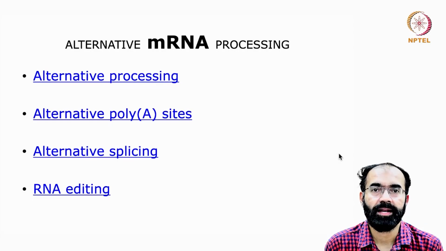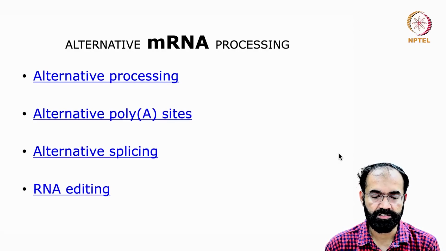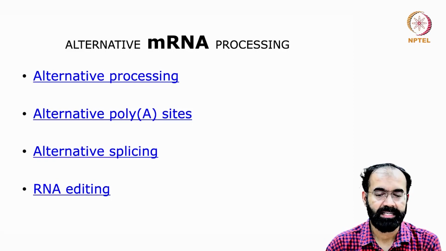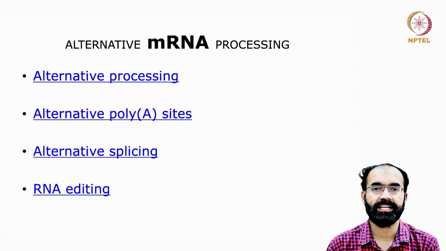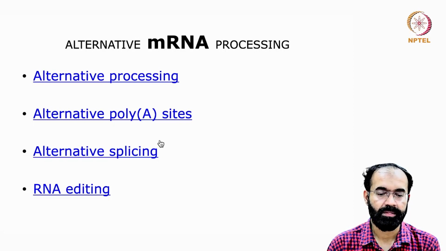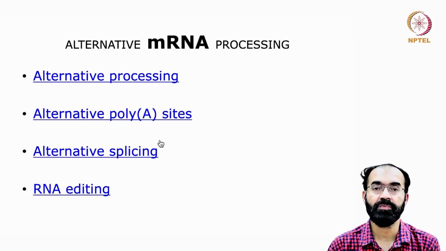Welcome back to another session of RNA biology. In the last class we covered alternative mRNA processing, which can happen in 4 different ways. One, as the name says, is alternative processing of different promoters. We will see them in detail. Then utilization of alternative polyadenylation sites, and then alternative splicing,